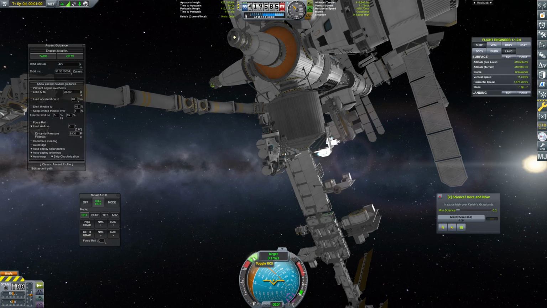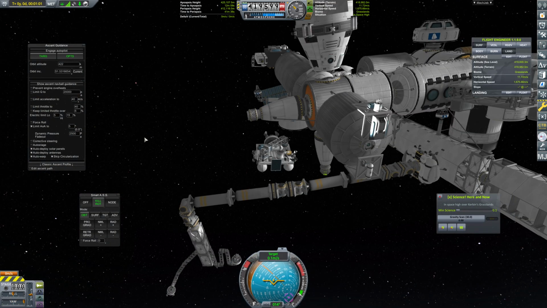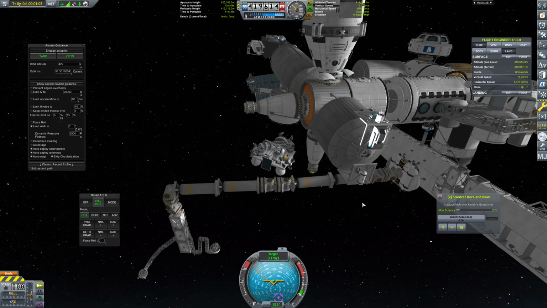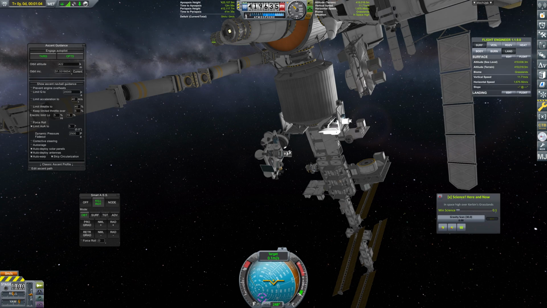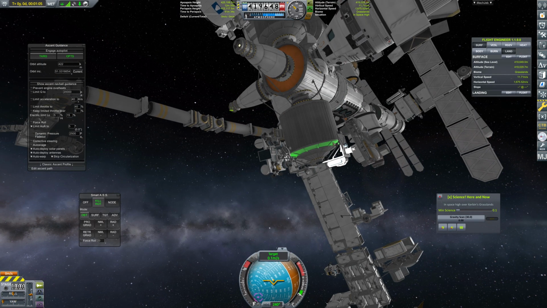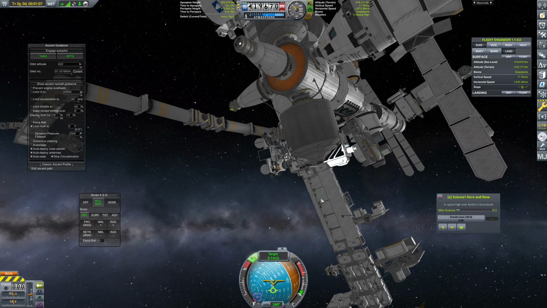Okay. Now we're going to need to rotate ourselves on over here. And start aiming at the Bartolomeo platform. Or rather, the Columbus module, I think this is. This is the Bartolomeo platform. I believe this is the Columbus laboratory module. Okay, so we'll just position it about here or so. We've still got some vertical speed here. We need to head over in the horizontal vector. So that's going to be...